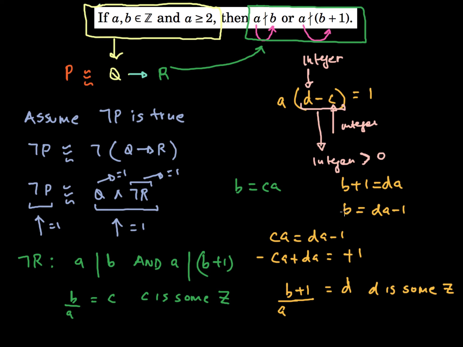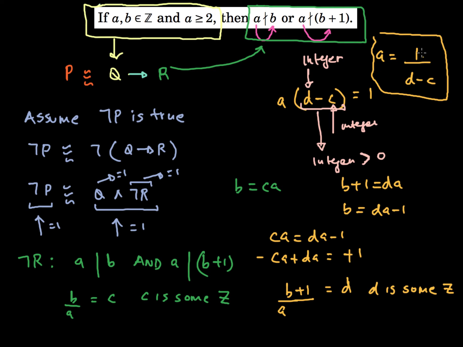Because D minus C is greater than 0, I can then say from this piece, A equals 1 over D minus C. Because D minus C is a number greater than 0, this entire piece over here